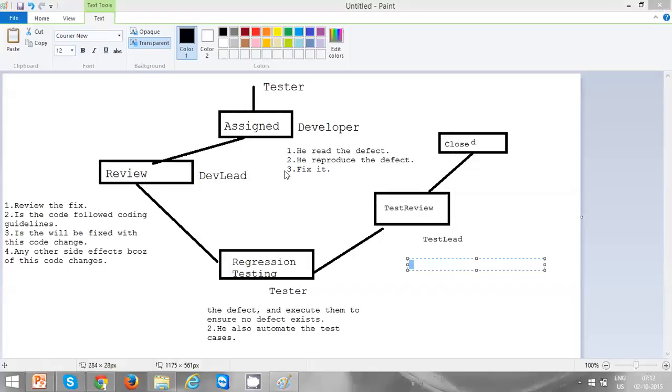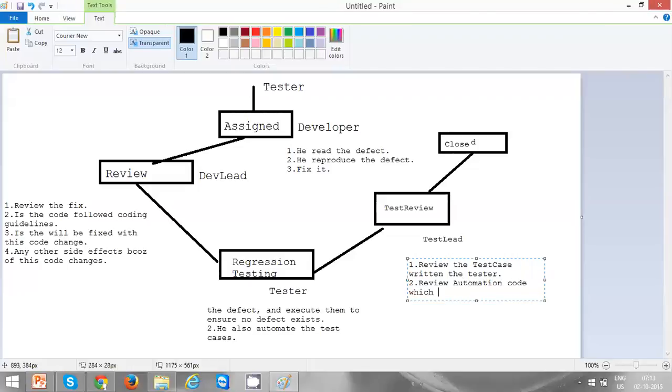Raj, do you have any answers for this? Yeah, that's true. I got some chat messages saying that he will be reviewing the defect. He will be reviewing the test cases which are written by the tester. So as a test lead, I have to ensure that my tester has written all the test cases which are required for the defect. Correct, no? Review the test cases written by the tester and review the automation code